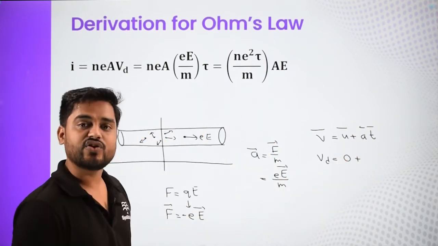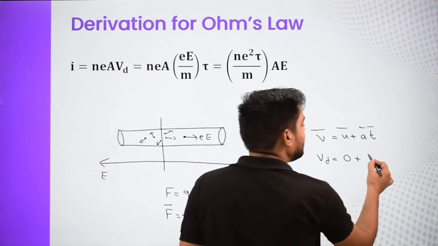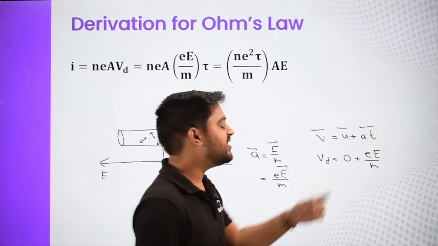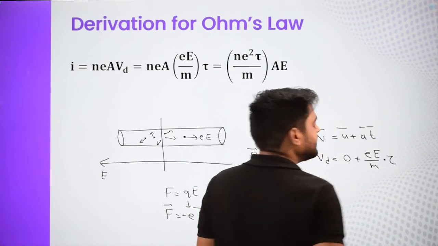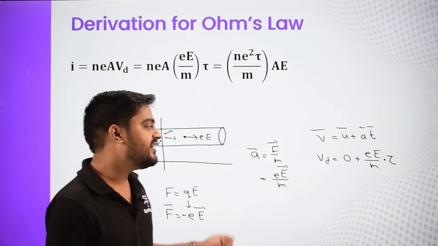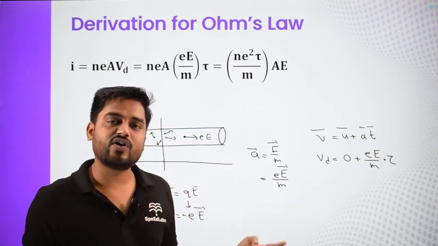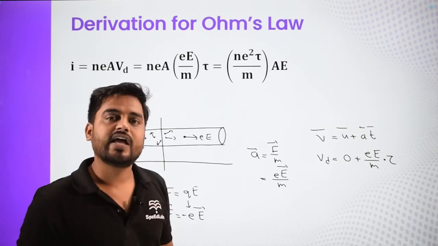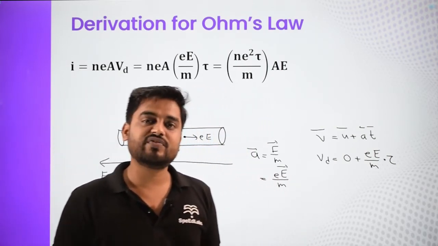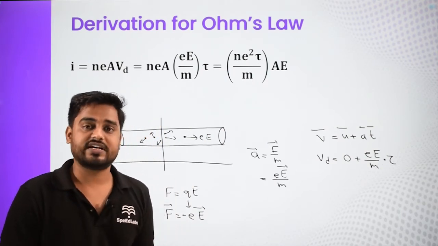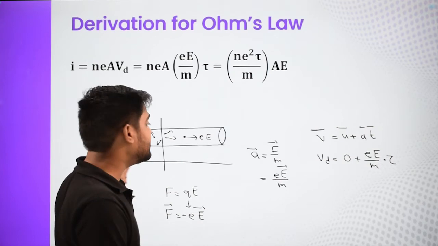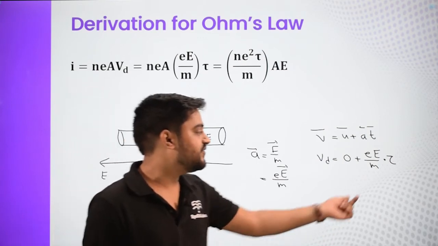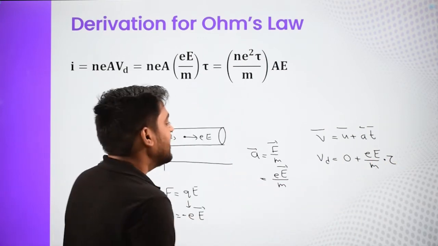What about the average acceleration? The acceleration for each particle is eE by m. And the time duration we are talking about is called tau. Tau is called the relaxation time. When electrons travel, they cannot travel in a straight path; there will be collisions between them, and the time between any two successive collisions will not be constant. So you can simply take the average collision time. The average time between any two successive collisions is tau, called the relaxation time. And hence we get this